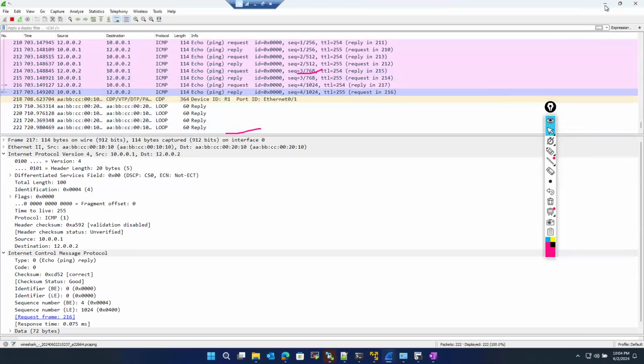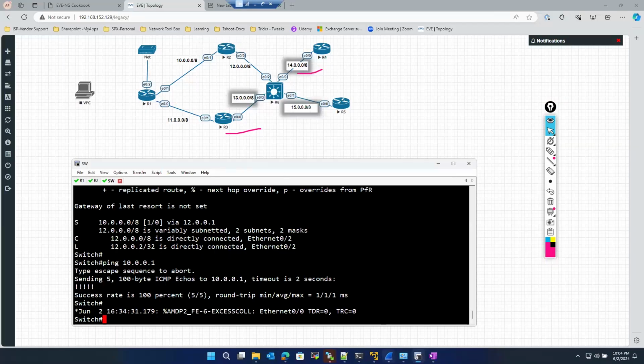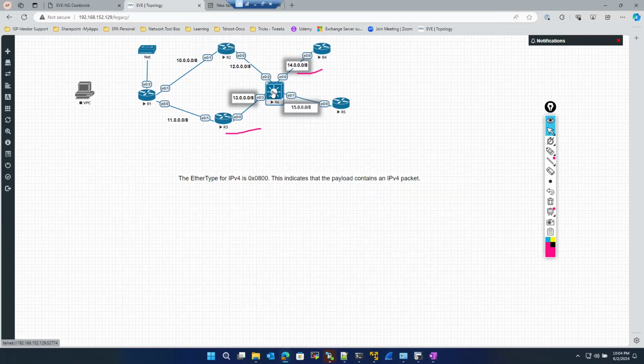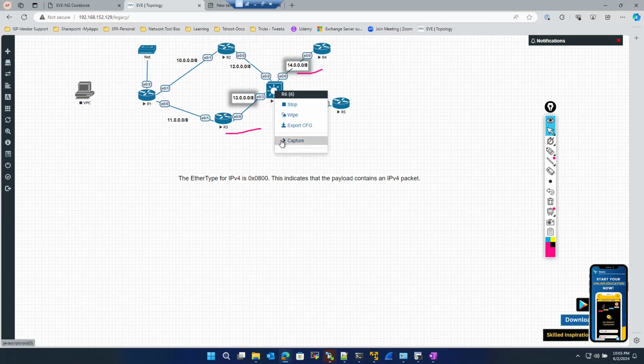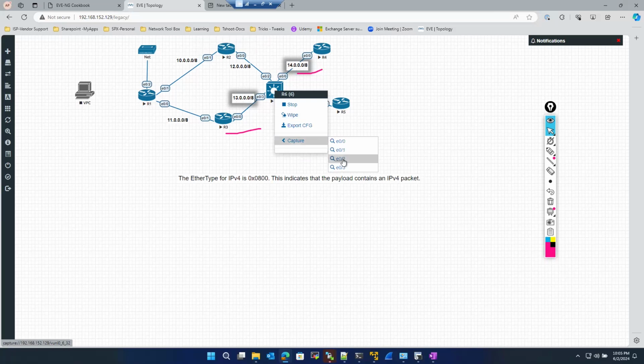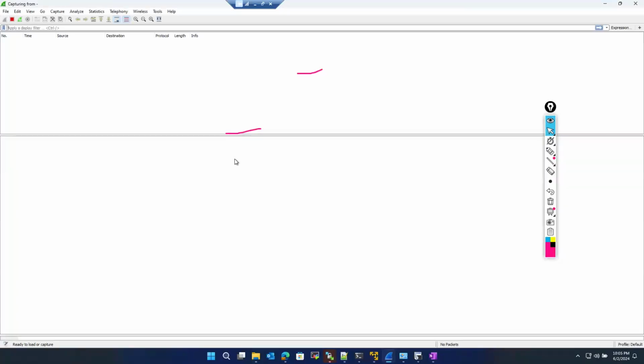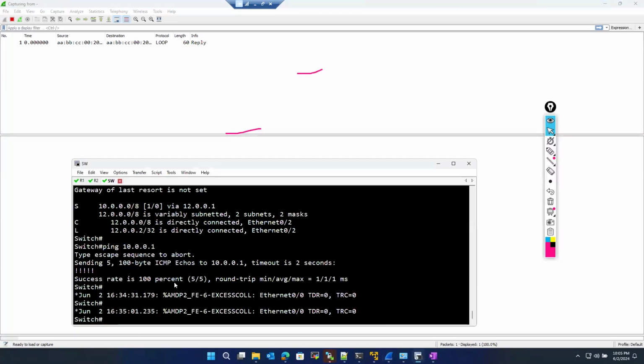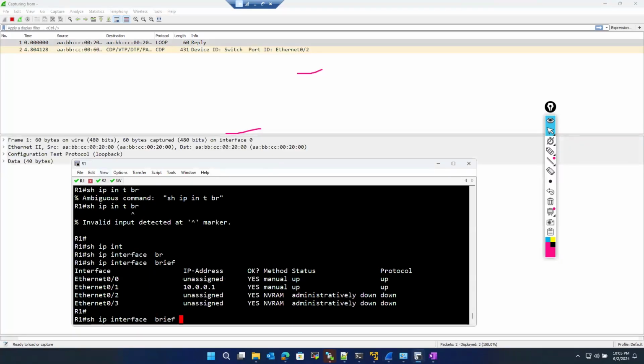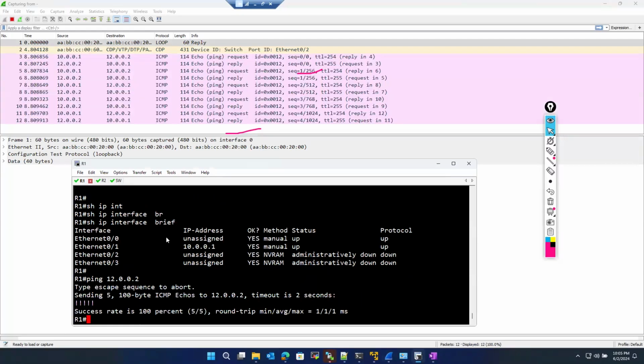Okay. Let me do again. Let me do a capture over here. I should see the TTL decrementing. No, let me do a capture for Ethernet /2. Open it. Okay. So if I do a ping to 12002,